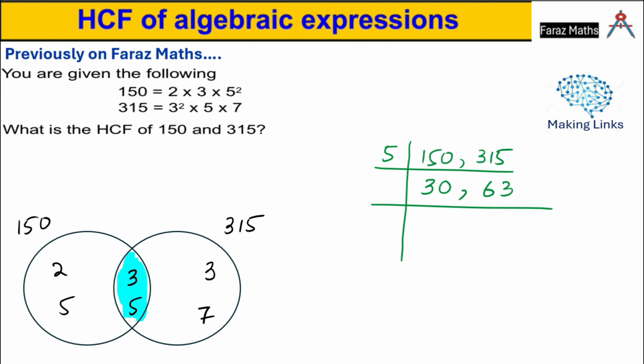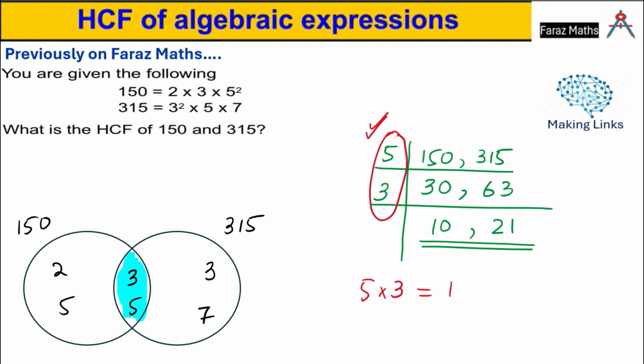Now I know that 30 and 60, they both are multiples of 3 and 3 is a prime number also. 3 10s are 30, 3 2s are 6, 3 1s are 3. Now these two numbers cannot be divisible by a single prime number. You have to make sure that the numbers at this position must be prime. So now you just multiply 5 and 3 and you will get 15, and that's our HCF. That is also known as prime factorization.